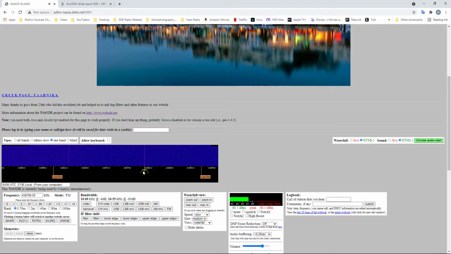And the tuning bar will move to that frequency. So right now, this is the frequency that we're on. Wow, what frequency is that? That's way the heck up there. Yeah, we're in FM mode.